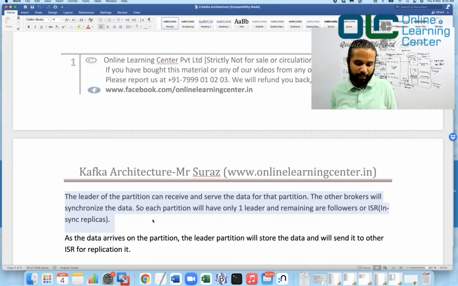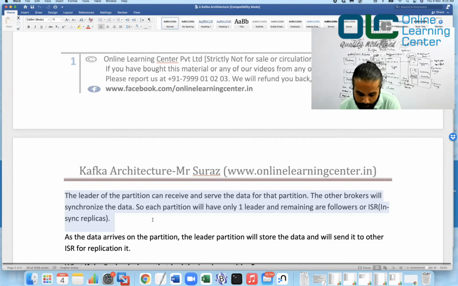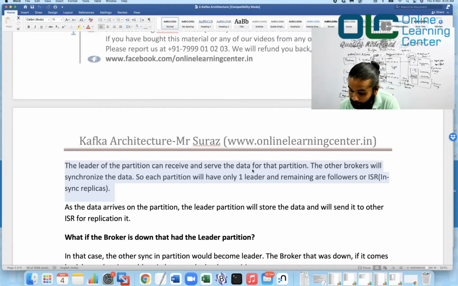By default, 3 is what you should choose. Out of these 3, one would be the leader, and that leader is going to receive the actual data that should be written and persisted. The other ones would just be syncing it. That's what it means.